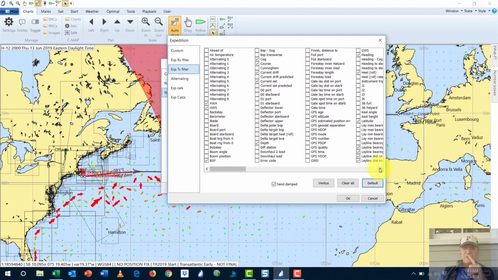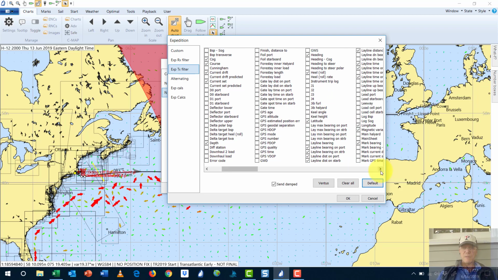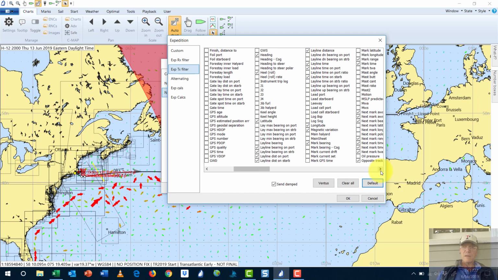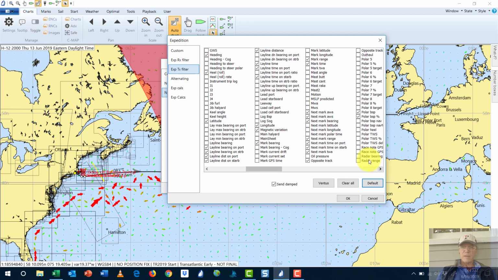line distribution on port, on starboard, lay line distance, lay line time on port, lay line time on starboard, longitude, magnetic variation, mark bearing, mark range, mark time, next mark AWA, AWS, next mark bearing, next mark range, time on port, time on starboard, next mark TWA, opposite tack,